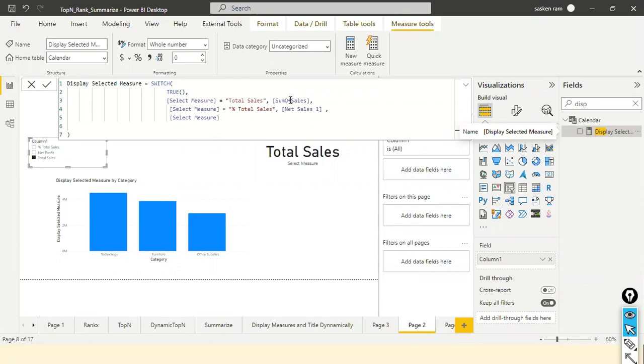Yes, it is true, and sum of sales computes the total sales. The next one is, if it is not total sales, and if I select net profit, it will come and check. So net profit is equal to, for example, if you select percentage totals equal to percentage totals, yes, then you compute the net sales. This is another measure. And the next one is, if you don't do anything,